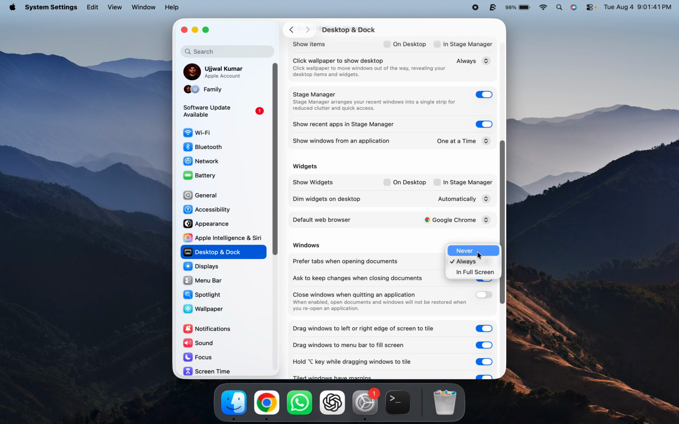Select Never if you prefer separate windows. You can also select In Full Screen if you only want documents to open in tabs while the app is being used in full screen mode. So the selected preference is applied immediately, as you don't see any save button here, and from now on supported apps will use this behavior when you open